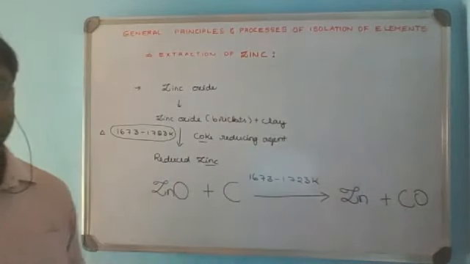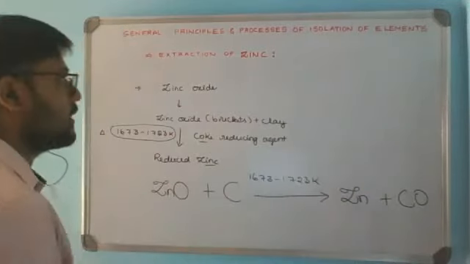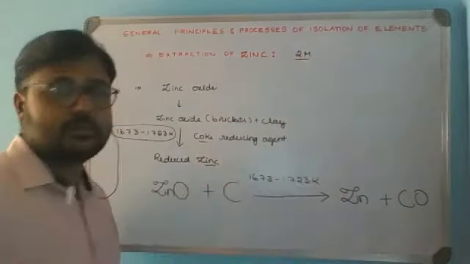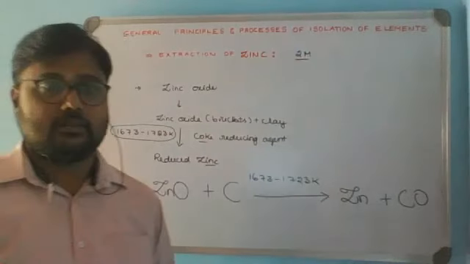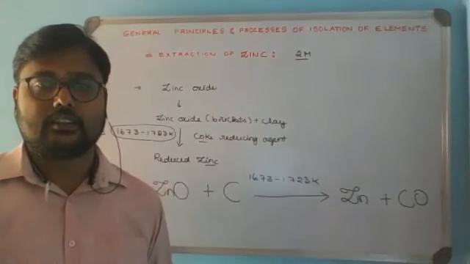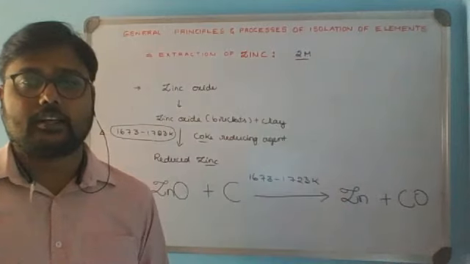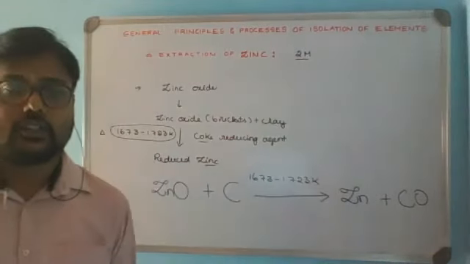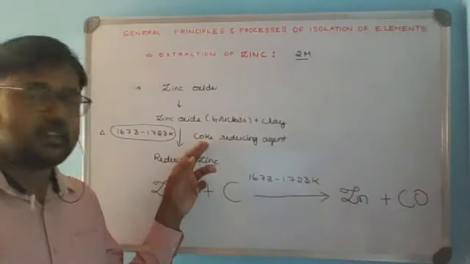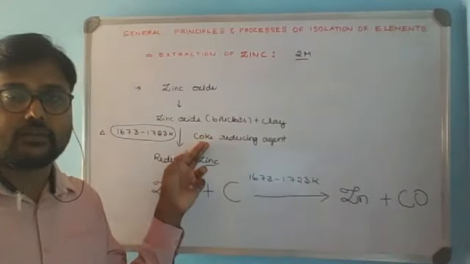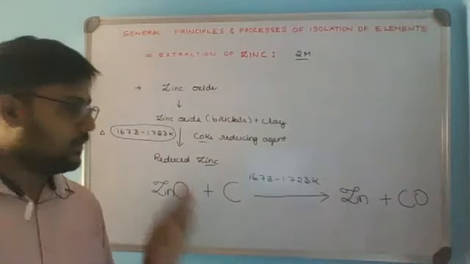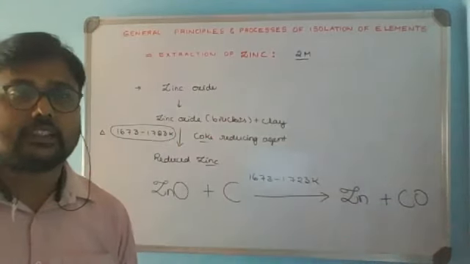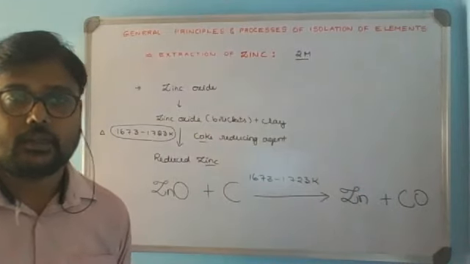It is a very simple method, so you can expect this for a 2-mark question. Again, it's very important. It's been asked in previous years. You can observe it in last year's examination questions. A 2-mark important question you can expect. Coke as a reducing agent, you can expect it for 1 mark. The main chemical equation with its explanation for the extraction carries 2 marks.